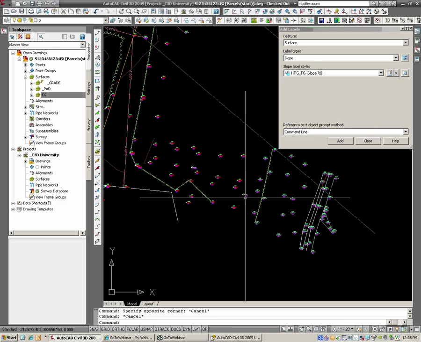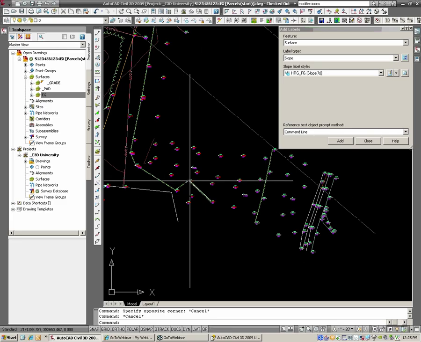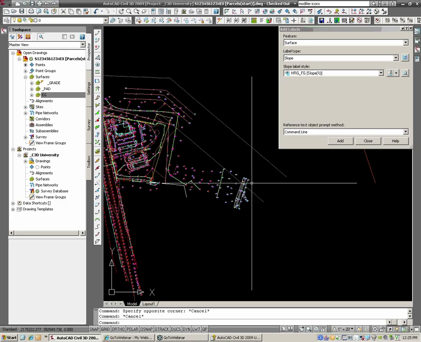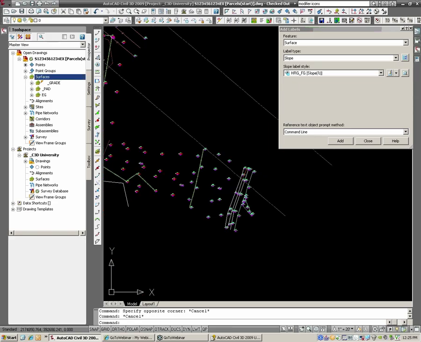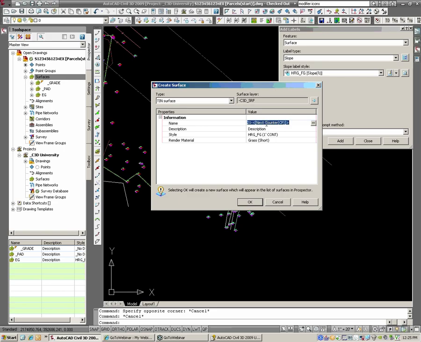But I don't want contours to show up in between. I don't want to survey this. Now, I don't want to have two separate surfaces either. I want to have one surface so it's simpler for the designers. So what I can do is I'm going to make an additional surface, and here's really where the power is,